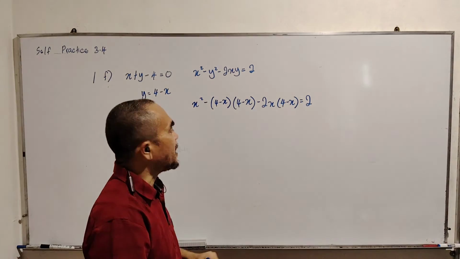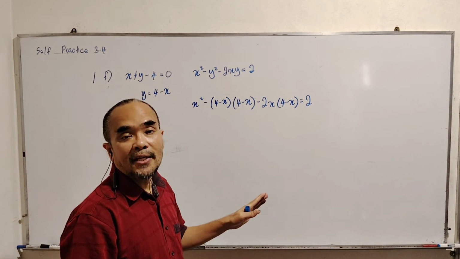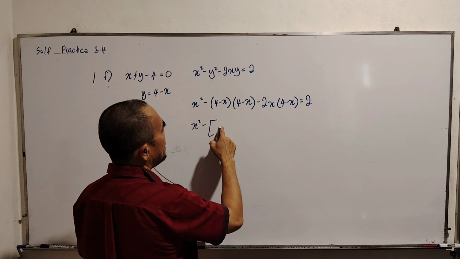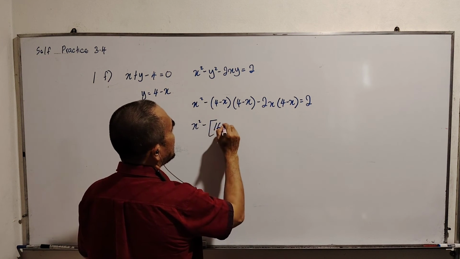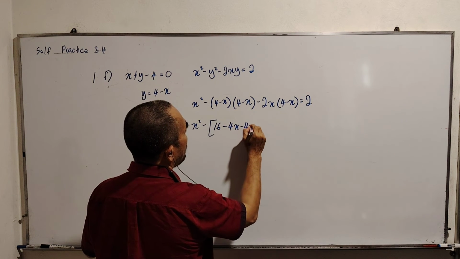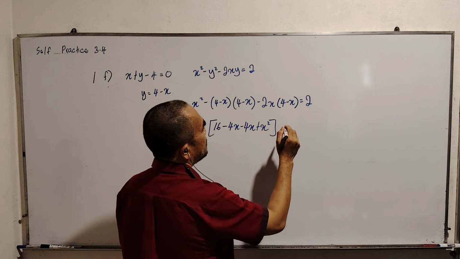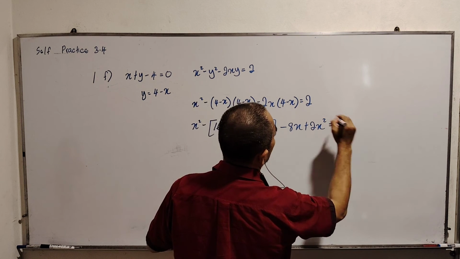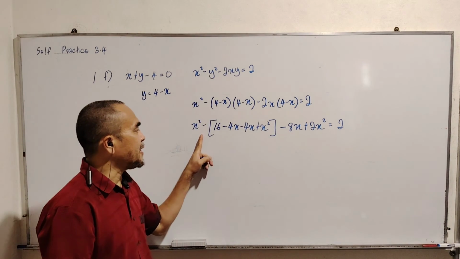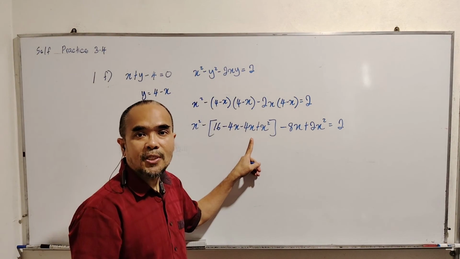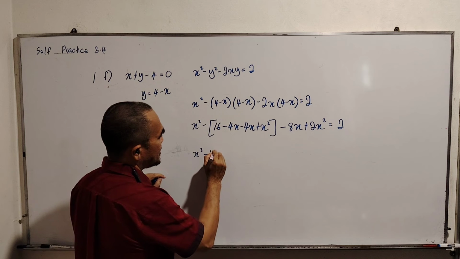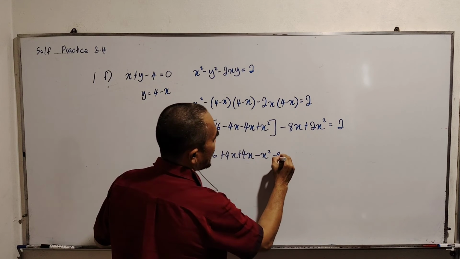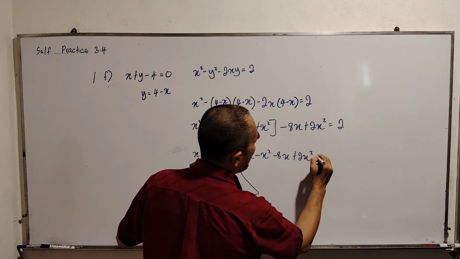And we should expand the bracket and solve the equation and find the value of x. So x squared minus, expand the bracket, but the answer should be inside the bracket because of the negative outside here. So it's 16 minus 4x minus 4x plus x squared minus 8x plus 2x squared equals 2. Okay, then now when you expand the bracket here, whatever inside the bracket which is currently positive, then becomes negative. So x squared minus 16 plus 4x plus 4x minus x squared minus 8x plus 2x squared minus 2 equals